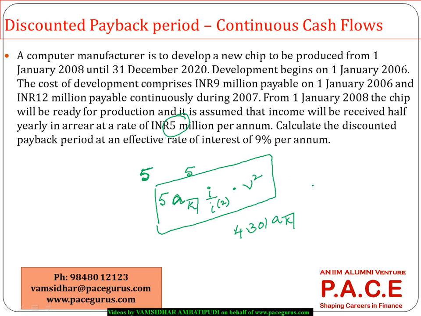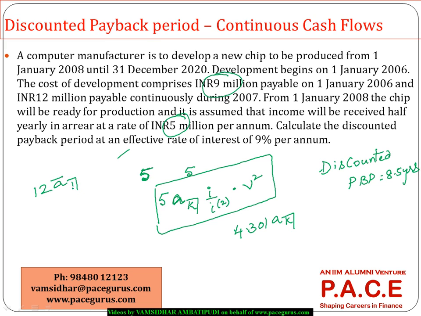For this example, the discounted payback period works out to 8.5 years. So just to summarize, I'm trying to find out all the cash outflows, the present values. The first cash outflow was straightforward, whereas the second one is a continuous payment. So the present value of any continuous payment 12 A bar, and for how many years? Only 1 year. So I'll take it as 12 A bar 1,